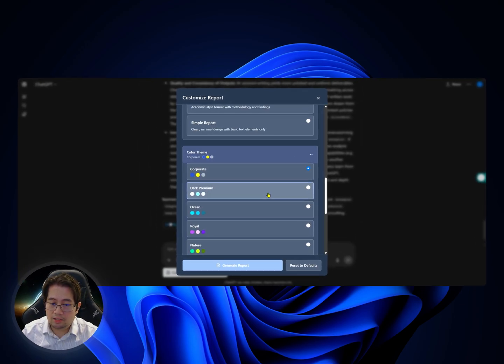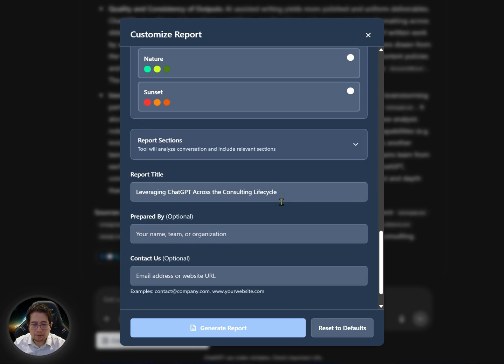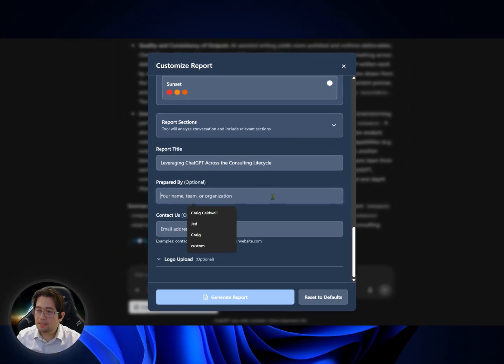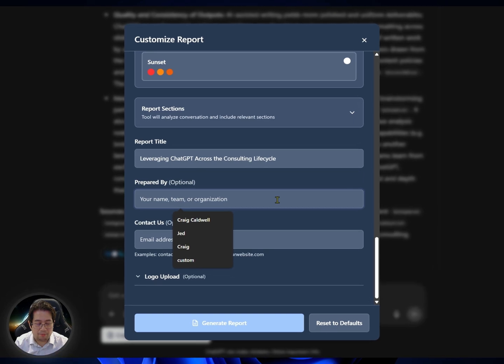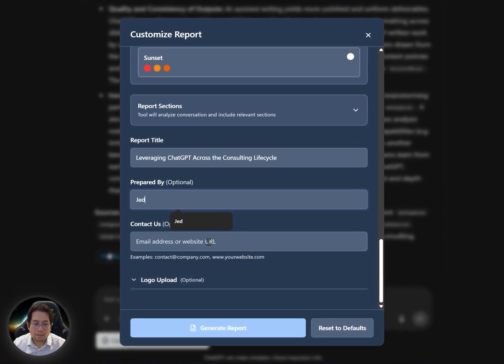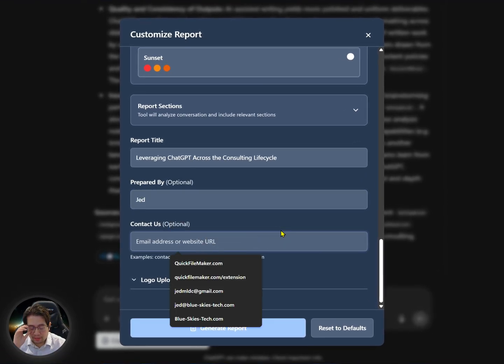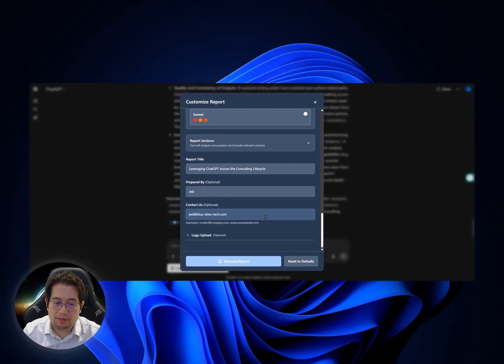So let's just choose dark premium. And then if I'm going to share these insights with my colleagues or with my clients, I can then put there my name, right? And then if they want to contact me, I could also put my email there.